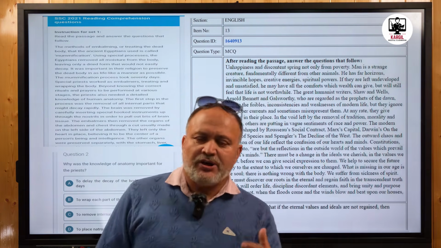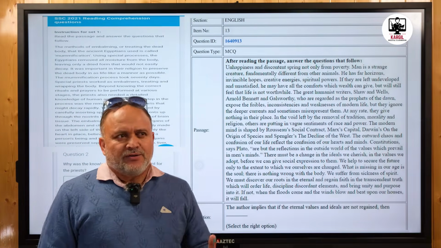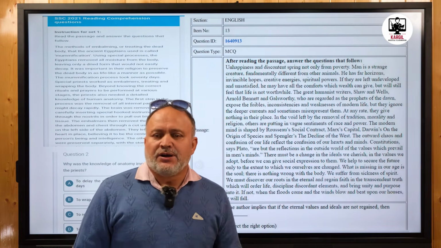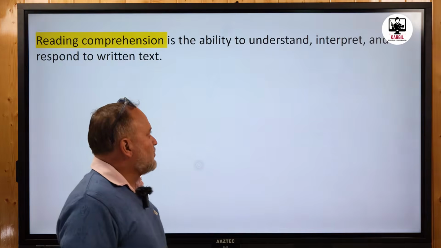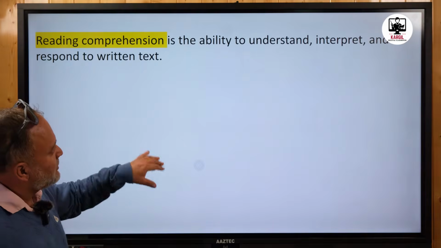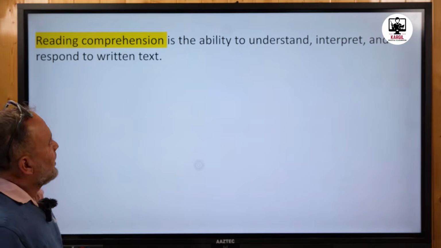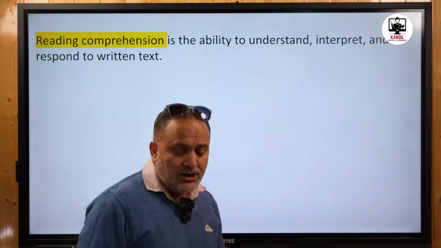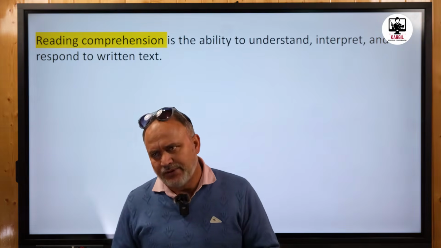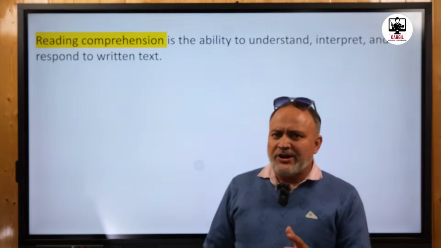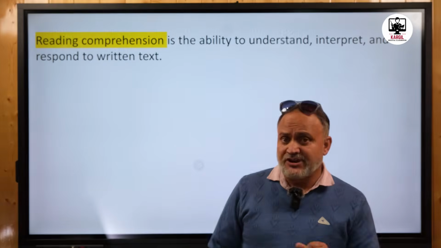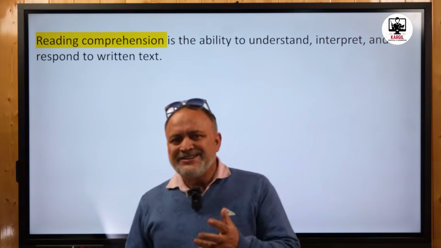So today we are going to see what components, what things we need to learn in this part of reading comprehension. So literally, reading comprehension is the ability to understand, interpret and respond to a written text. You might have read a lot of stuff like magazines, newspapers, periodicals, and even confronted a lot of reading materials in your syllabus, in your textbooks. So what is reading comprehension?